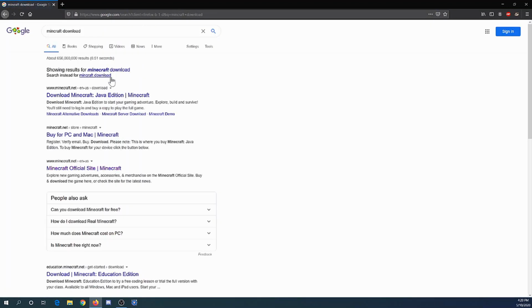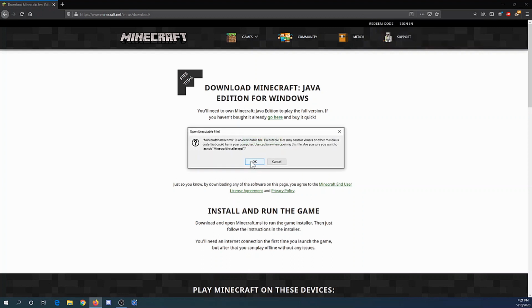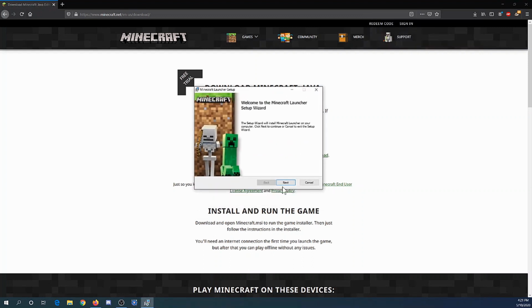Once you type Minecraft download, you want to hit download Minecraft Java Edition, then you hit the download link. Now that you've downloaded the file, you want to go into your downloads and open Minecraft installer. You hit OK. Now you want to hit next,